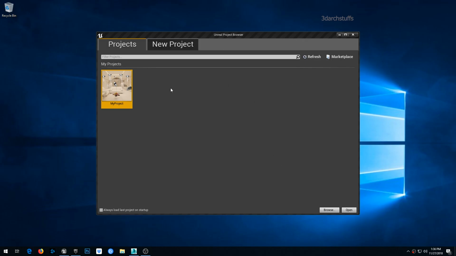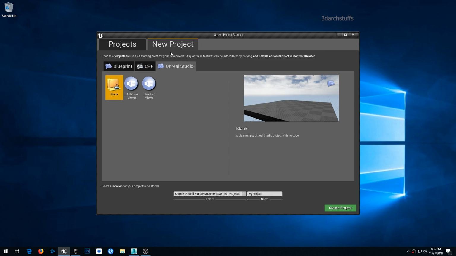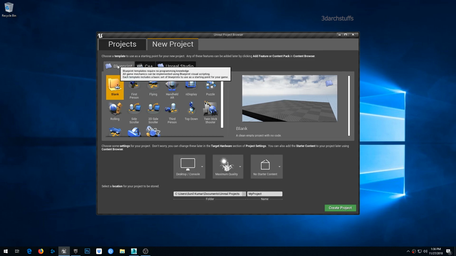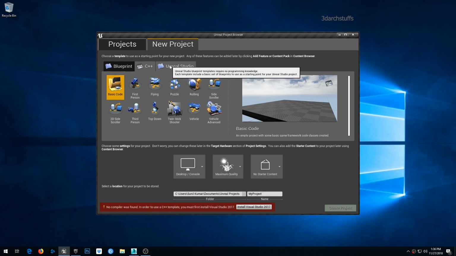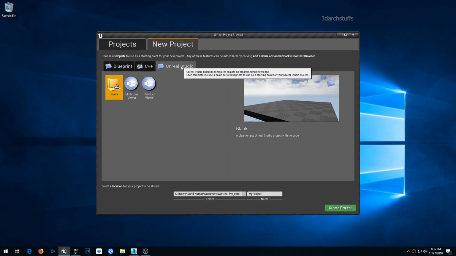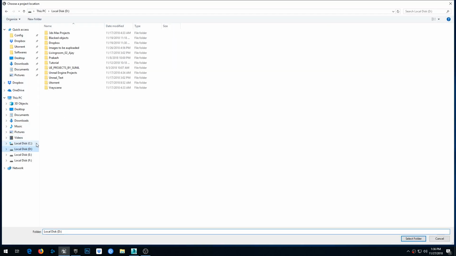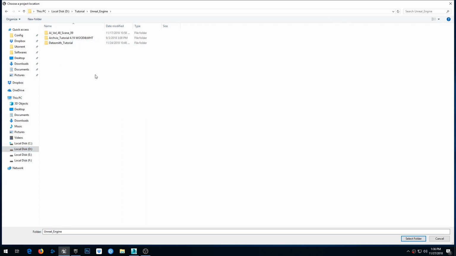And then once this Unreal Engine has been started, we'll go on new project and we'll go inside Unreal Studio. Don't go in Blueprint or C++, just go inside Unreal Studio and click on blank, and then go here and change this location into D, and then tutorial, and then Unreal Engine, and then